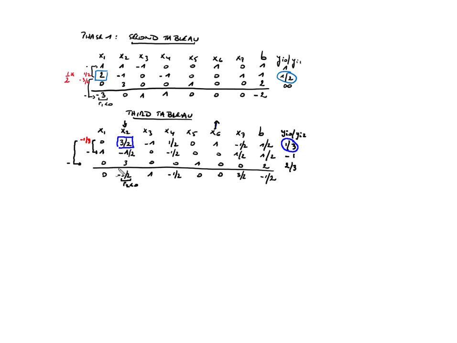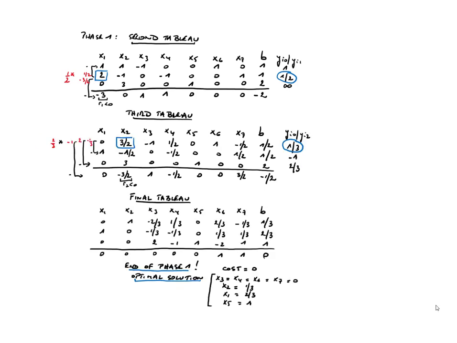So here the multiplier will be 3/2, so simply 2, and we still have to create a 0 in the last line, so it's the element to eliminate divided by the pivot, and here that's a minus 1. Of course, what you'll have to do is to multiply the first line by the inverse of the pivot, that's 2/3. And if you do the calculations, you end up with the final tableau, and as you can see